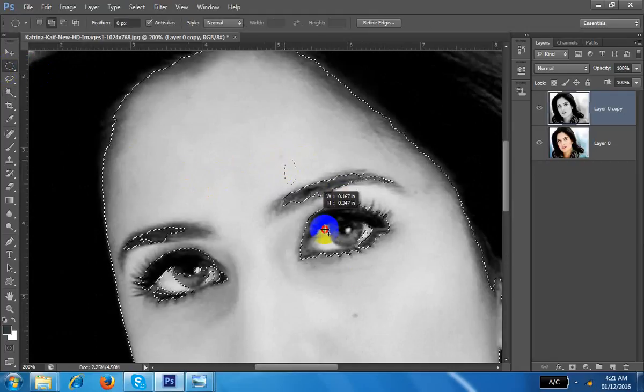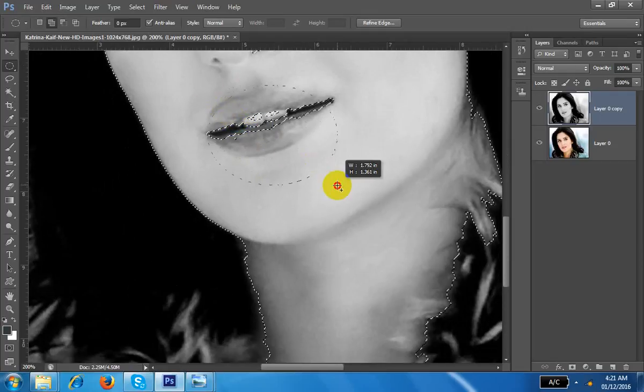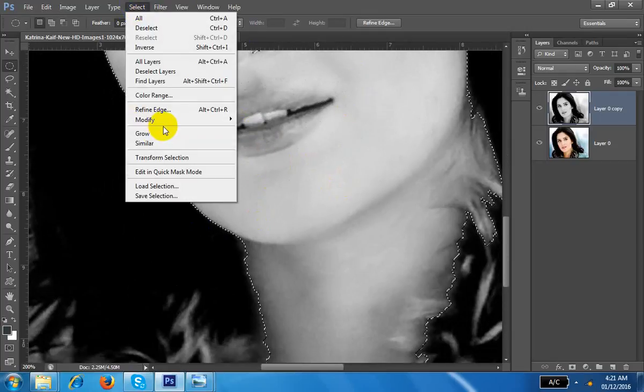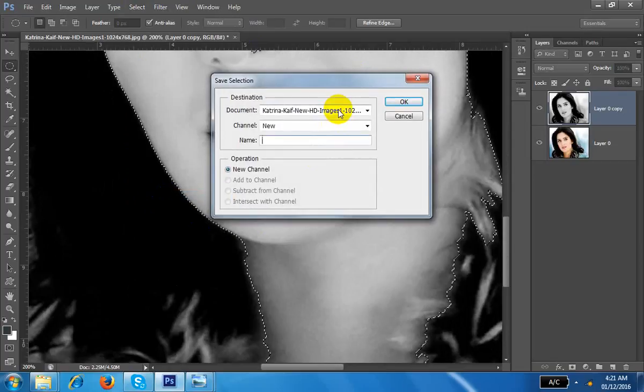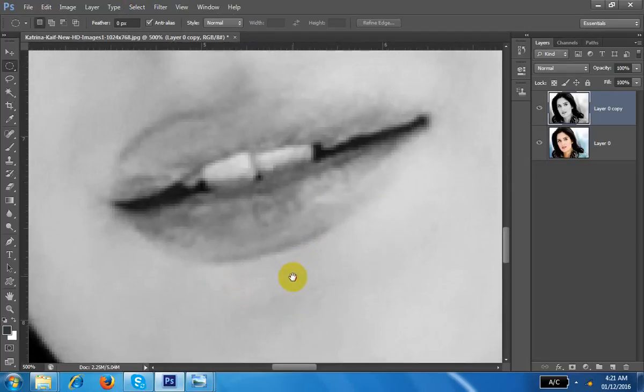Hold the shift and deselect this, deselect this. After that, go to Select very fast. Save the selection, that is Face, F, and Control D. Now select the lips. I don't want to color the lips.